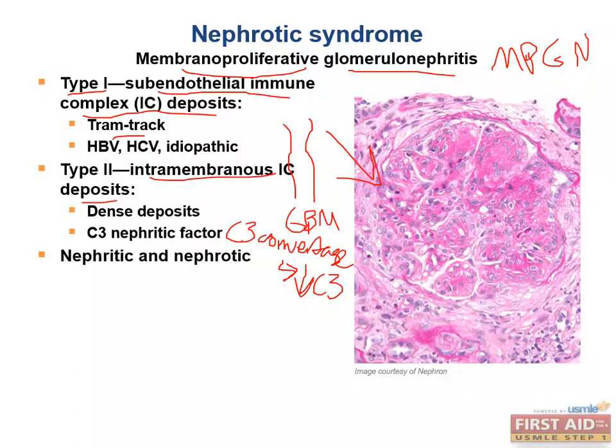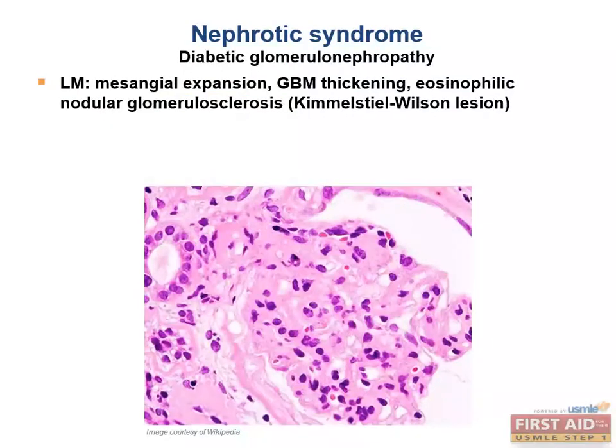And MPGN is one of the syndromes that can cause both nephritic as well as nephrotic syndrome. So that's important to keep in mind. All right, let's finish up nephrotic syndrome by taking a minute to discuss diabetic glomerulonephropathy. Since diabetes is so common in the US, this is the most common cause of chronic kidney disease and dialysis